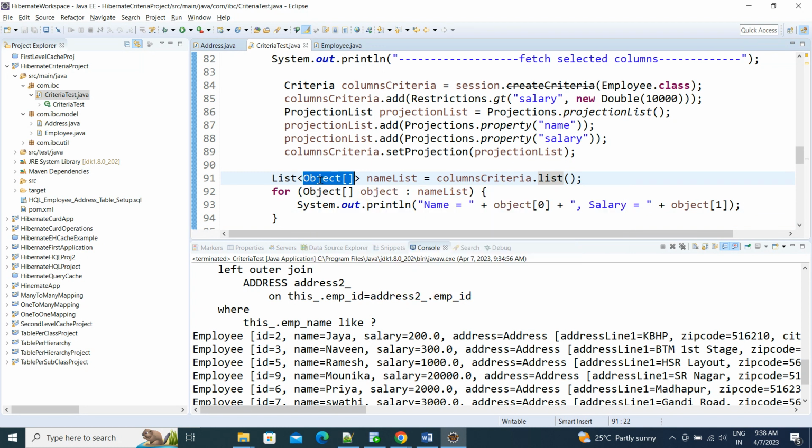So from this array, we need to pick. It contains name and salary, right? The first one is name, the second one is salary. From each object array, object of 0 is name, object of 1 is salary. Okay, now